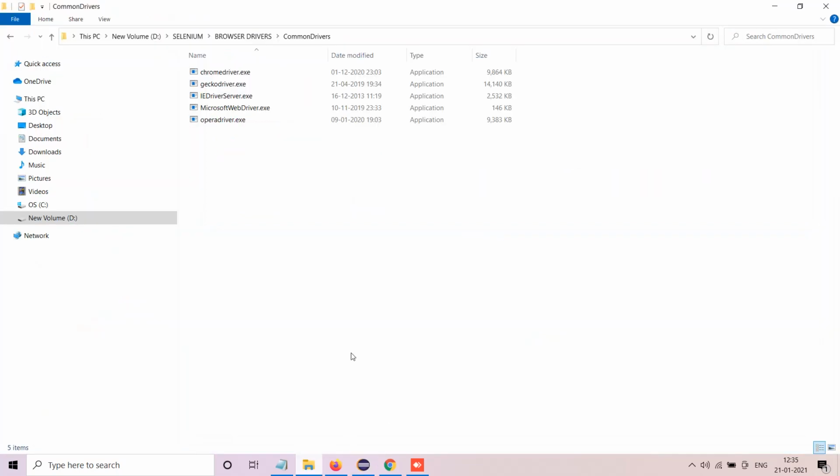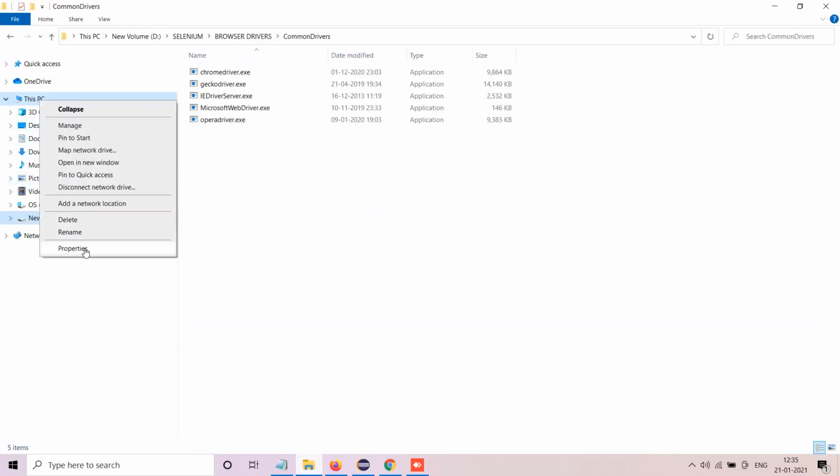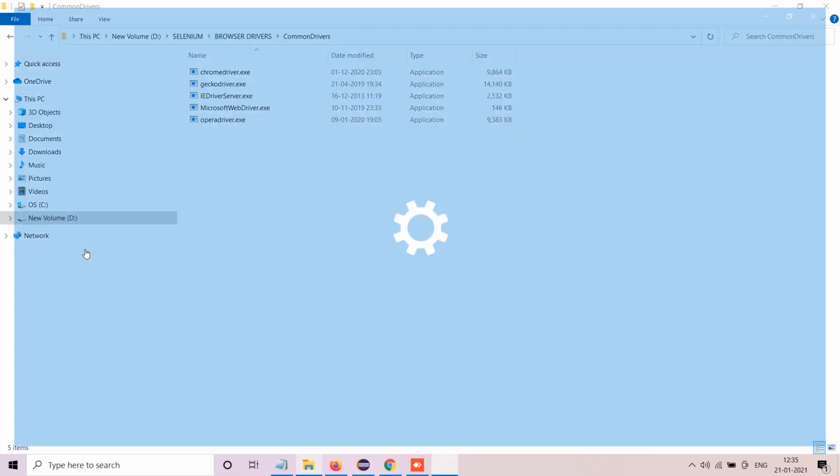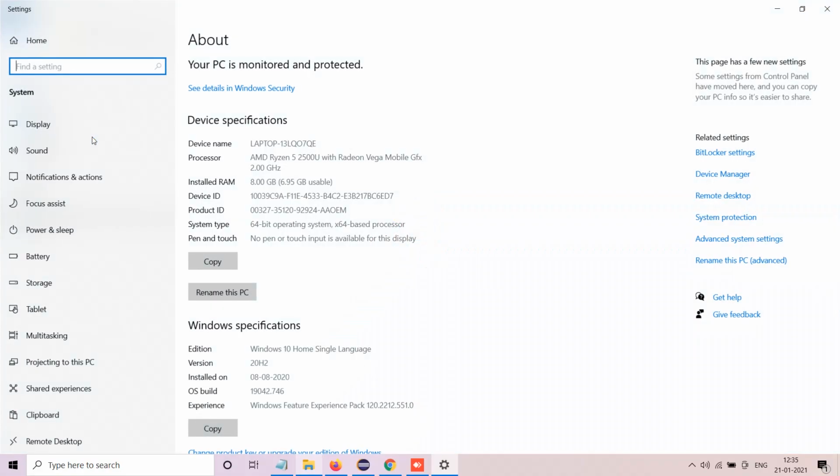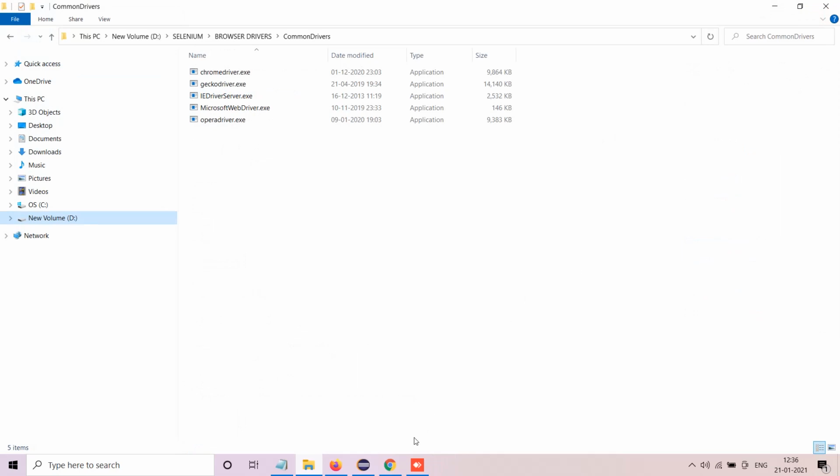And of course, do remember that now on This PC or My Computer, you click on Properties. Earlier the Advanced system settings used to come in the left part of it. Now this has moved to the right part of it. So if you see the old videos and you compare, you may not see this particular screen. So this video will also clear this doubt, that you have to look to the right of the screen instead of the left, because the UI has changed in Windows 10. This is Home Edition of mine. In Professional Edition, I think it should also have changed, because there have been a lot of updates in the past 6 or 7 months for the Windows operating system.